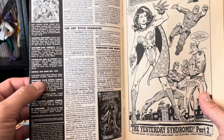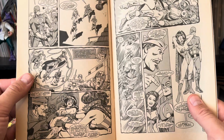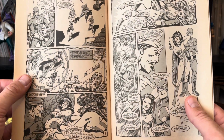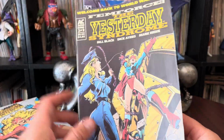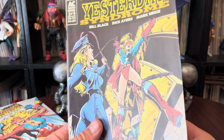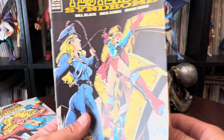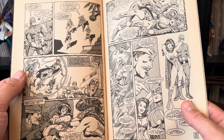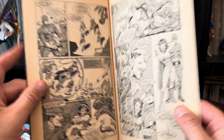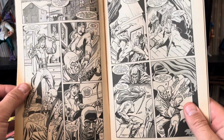That is tough. Like, that is a tough buy. You've got to be a devout fan at that point. I would love to pick them up off the shelf, but in 97 at $4.95, considering I can get brand new issues of Femforce for $5.95 right now, and they're color and on gloss pages. They were asking a lot of their readers at the time, but that is the battle of